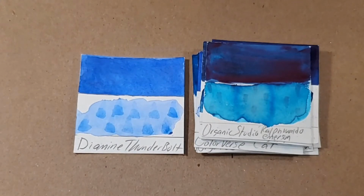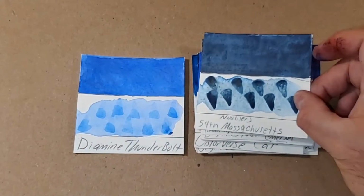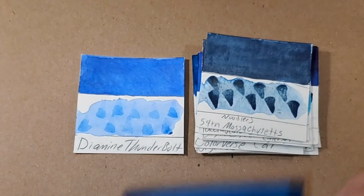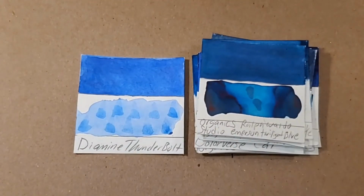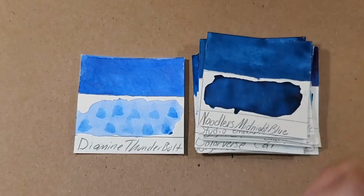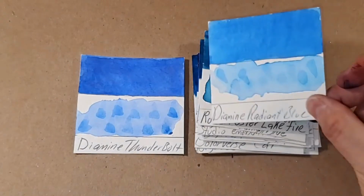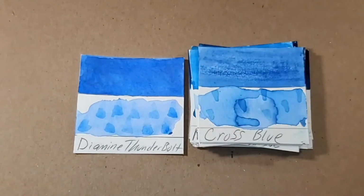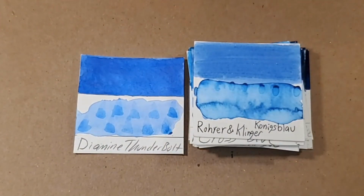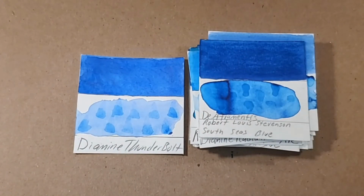Organic Studio Ralph Waldo Emerson, Tasha Jeans Dark Washed, Noodler's 54th Massachusetts, Monteverde Blue Velvet Cake, Organic Studio Twilight Blue, Noodler's Midnight Blue, Robert Oster Lake of Fire, Diamine Radiant Blue, Cross Blue, Rohrer & Klingner Königsblau, Diatramentus Robert Louis Stevenson South Seas Blue,